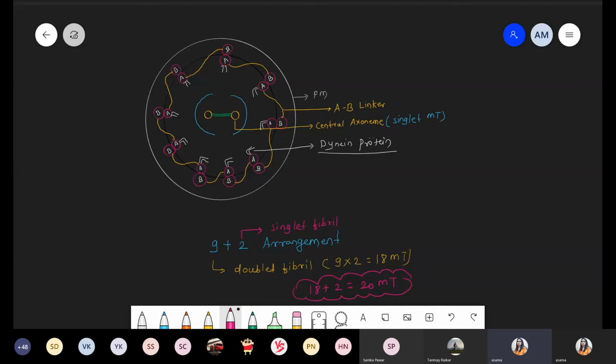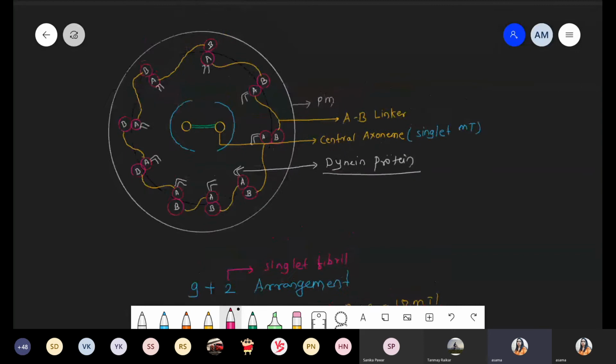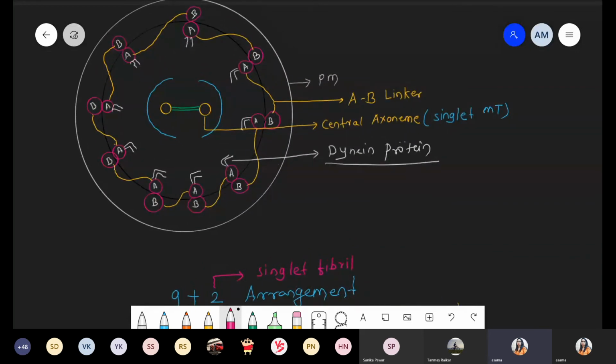So next part. We discussed the central axoneme, हाँ, peripheral axoneme एक बचा है हमारा. चलो. So we are talking about the fourth part. We discussed the AB linker, we discussed the central axoneme. Now I'm talking about the peripheral axoneme. So I'm highlighting this part. ये जो दिखाई दे रहा है आपको, that entire AB is a doublet form. That entire structure is called axoneme, but it is not present at the center. These are present at the periphery. That's why these are called peripheral axoneme.